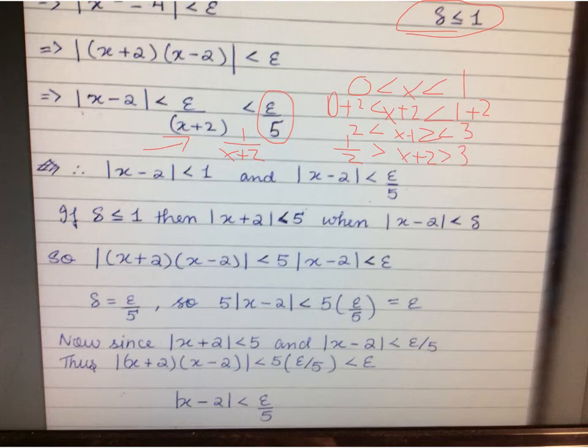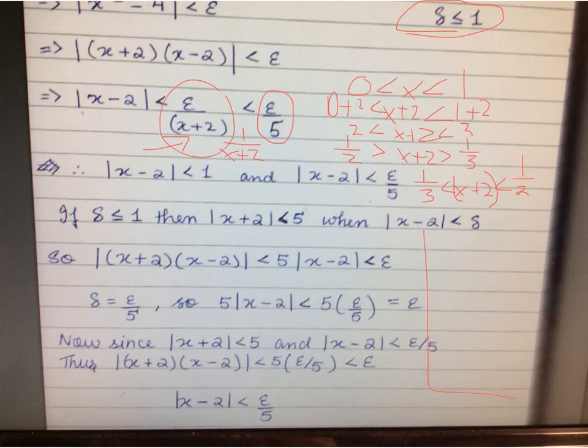Change this around to the opposite direction. And now you can see that we need to write it the other way around, so that 1 over x plus 2 is less than 1/2 and greater than 1/3, because 1/3 is smaller than 1/2, okay? So now we have parameters for the x plus 2 factor, and you've also said that delta has to be less than 1, and so we can now go back to this part of the equation,